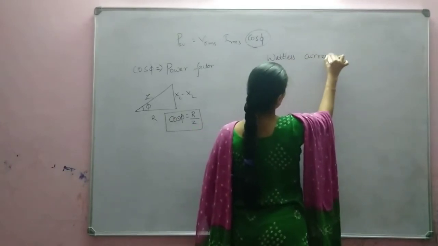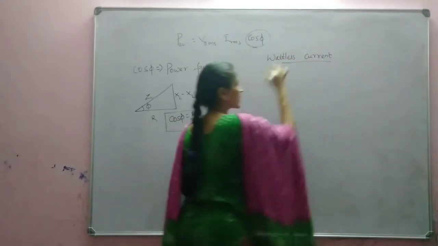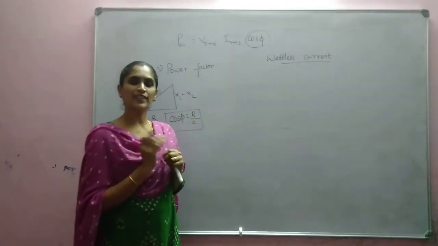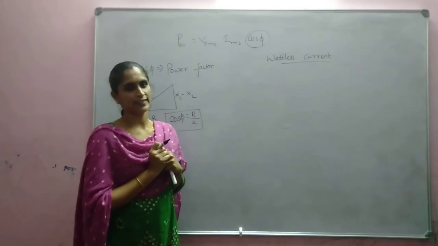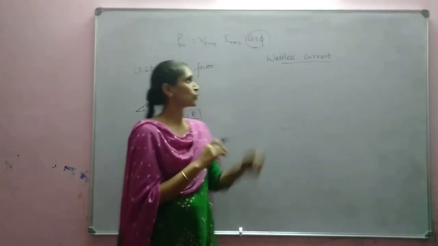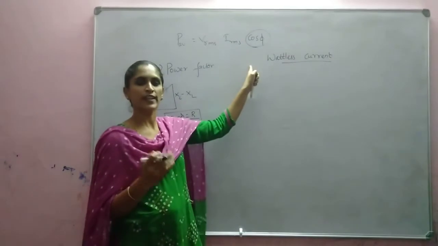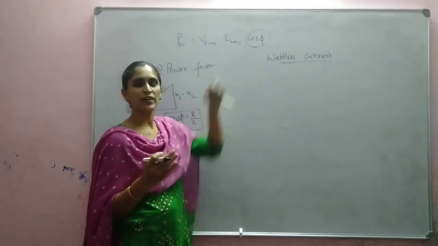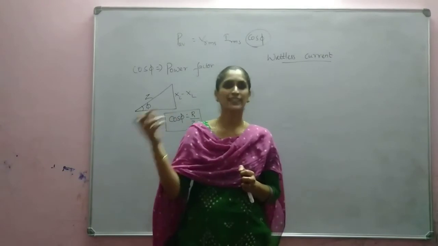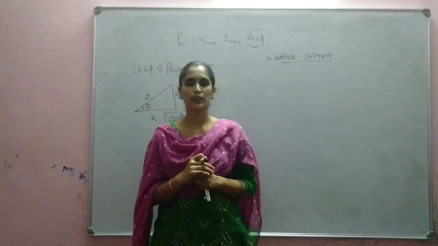So when we use that term wattless current, it means no power is consumed. So when we can use that term wattless current, that we are discussing, in which case average power consumed is 0. So this is the general expression for an LCR circuit, where phi is given by the angle between voltage and current. If we substitute various values of phi, we will get the expression for power.